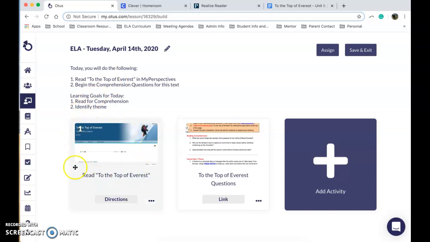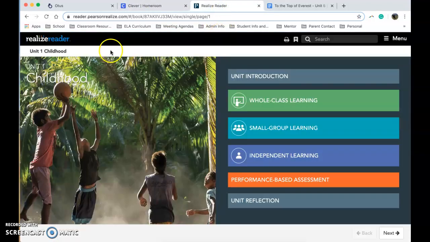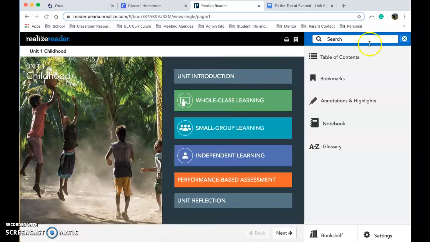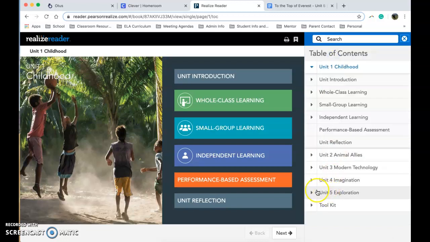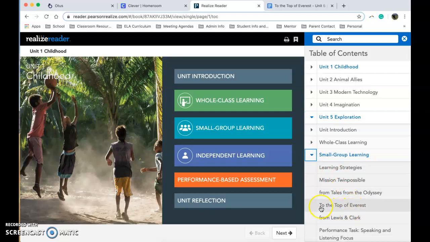Today, the first thing you need to do is read the story To the Top of Everest. In case you don't remember, you need to go through Clever and click on Pearson Realize. And when you click on that, you will need to toggle till you get to this screen. You get to our book. And then for the actual text, you'll need to go to Unit 5. And then it's in small group learning, and it's right here, To the Top of Everest. So you need to click there